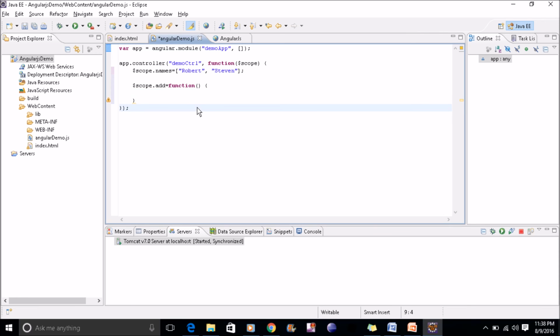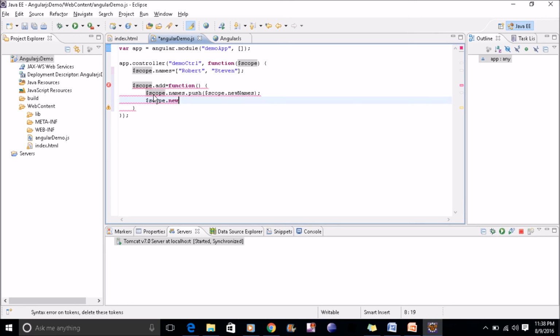I'll create the add function. Inside this, dollar scope dot names dot push. If you are familiar with JavaScript coding, you would know this push. Basically whatever data we get, we are pushing it into the new name array, dollar scope dot contact equal to this.